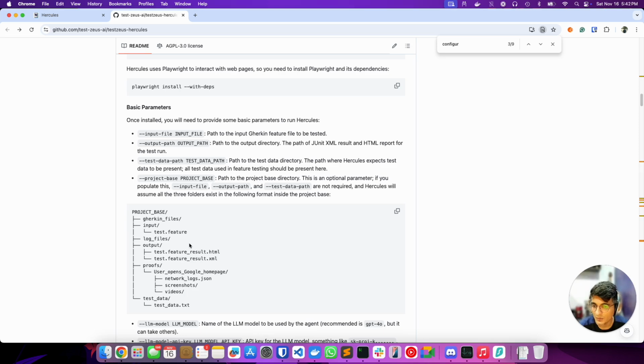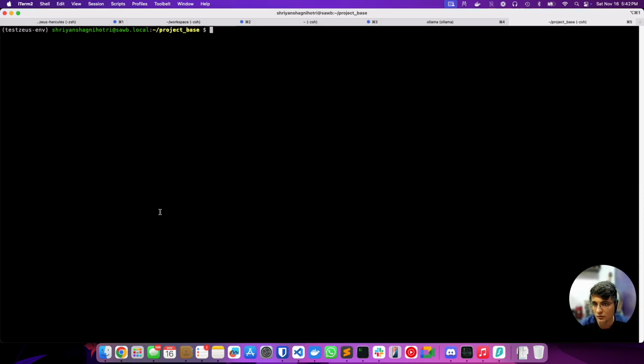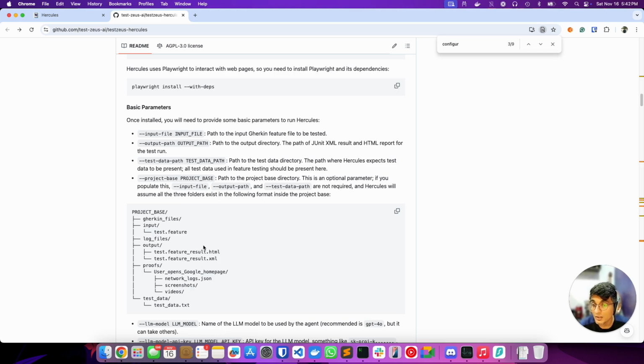So this is a folder structure which will look something like this. In this case, input and test data are the most important ones. The rest of them will be created once the execution is completed. As you saw in my case, accidentally there were a lot of files in the previous screen. Now,